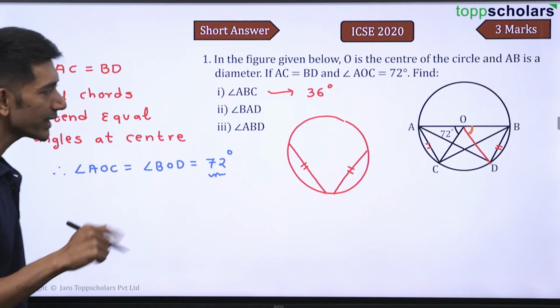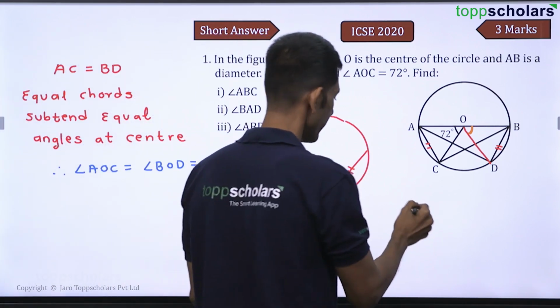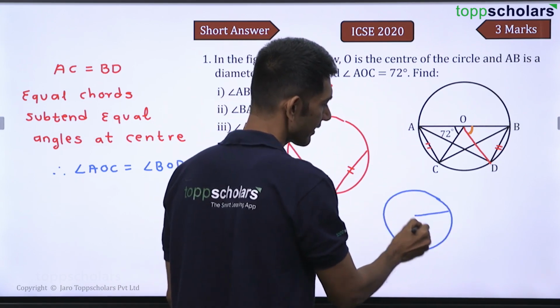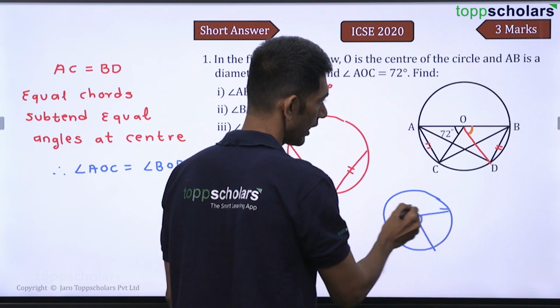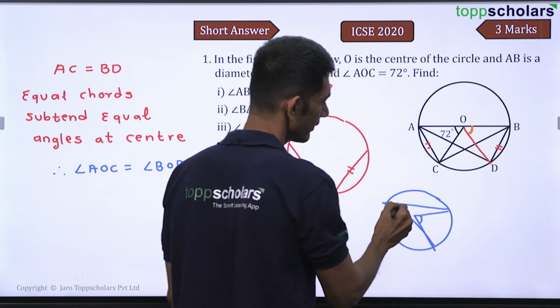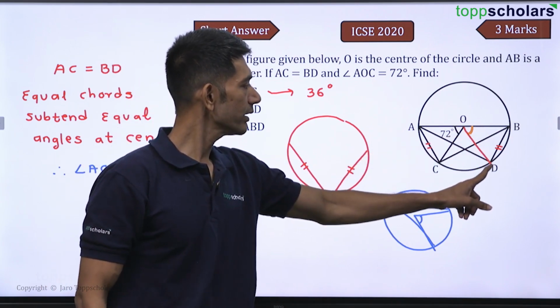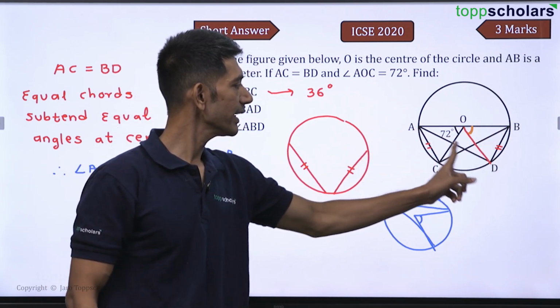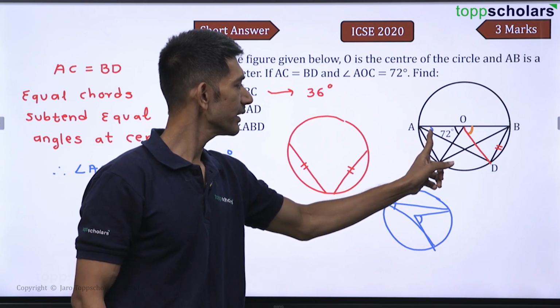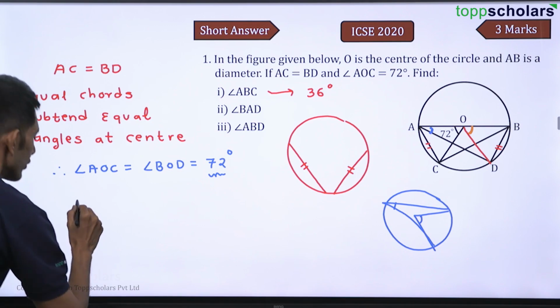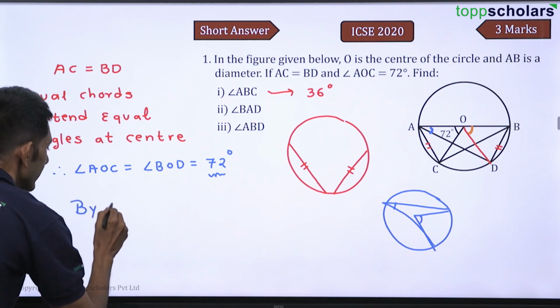Now again, using the inscribed angle theorem, if I have a circle and this central angle is 72, how much will be this angle at the circle? At the circle, if BOD is 72, how much will be BAD? Can I say this BAD will be half of 72, that is 36 degrees. So we can say that by the inscribed angle theorem,